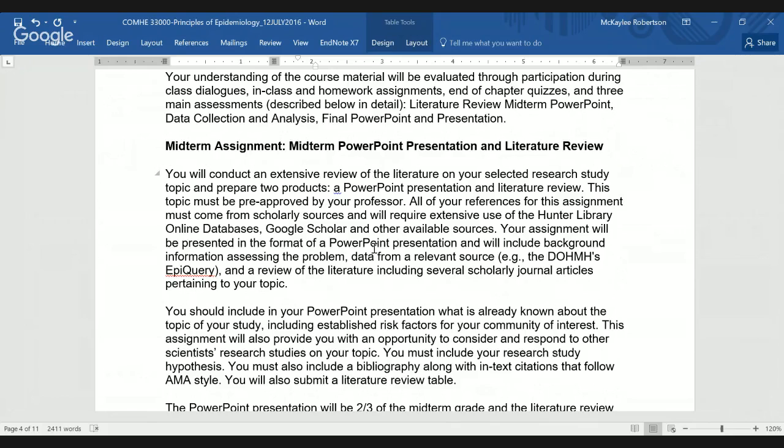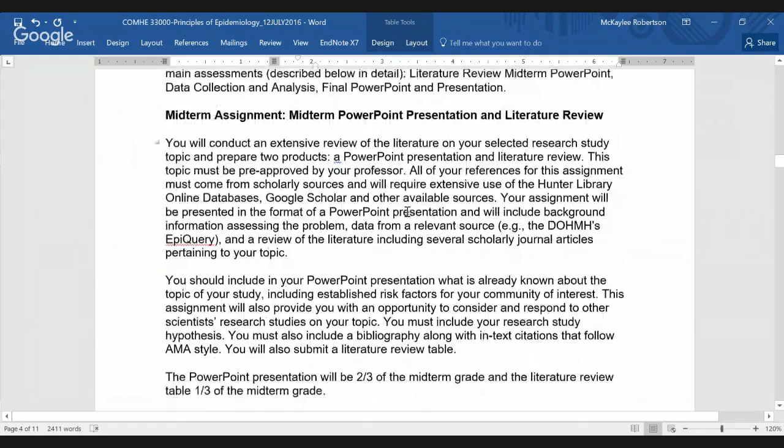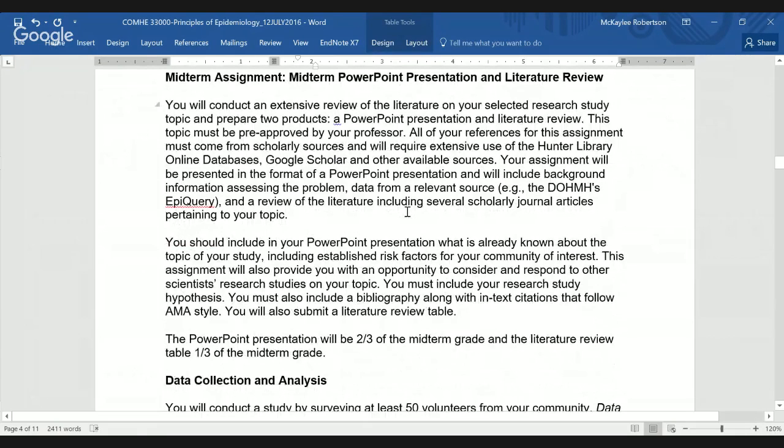And you're going to work with this group of your peers for the rest of the semester. For the midterm, you're going to present on this topic. So let's say you pick school bullying as your health condition that you're going to study. For the midterm, you're going to give us, your classmates and me, a presentation on school bullying, and you're going to conduct a literature review. And in your presentation, you're going to identify research questions that you want